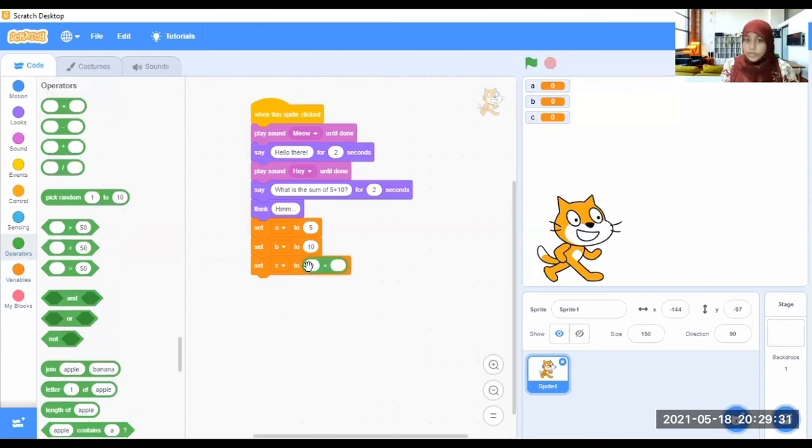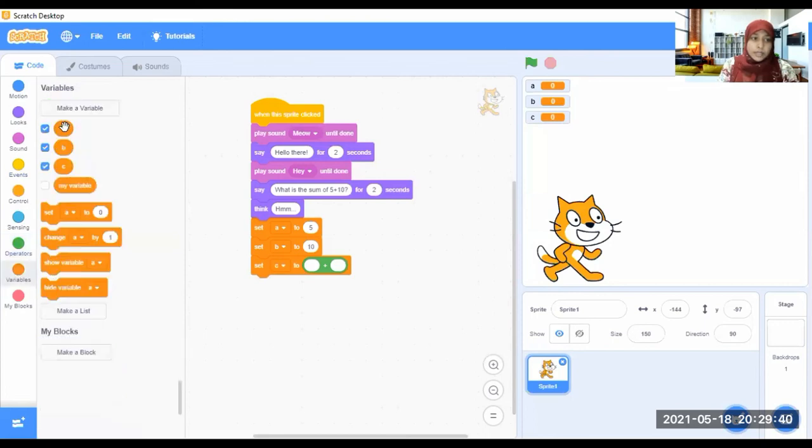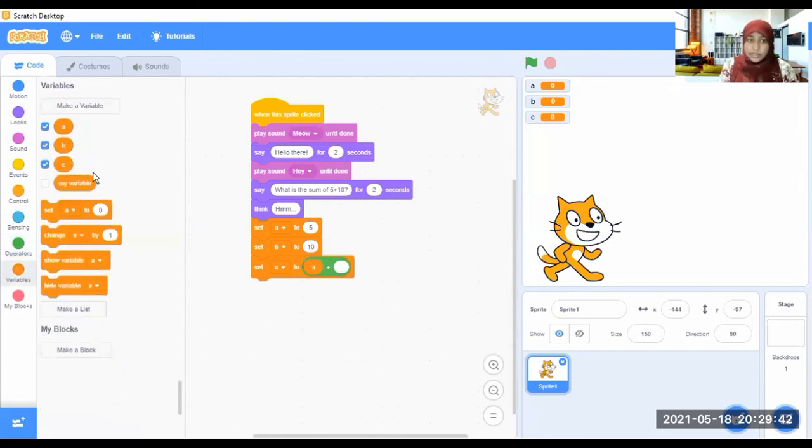Put it inside. Here it should be A plus B, isn't it? So the C is A plus B. Go to variables. Take the A, put it inside this. Take the B, drag the B and drop it inside this.